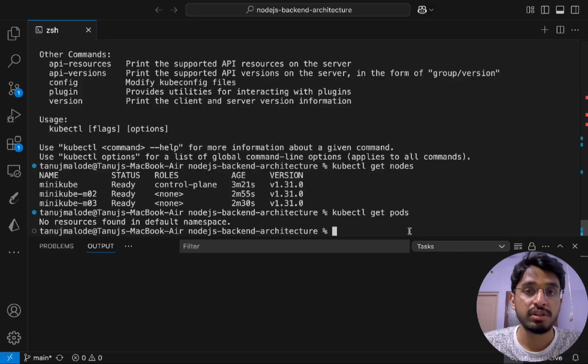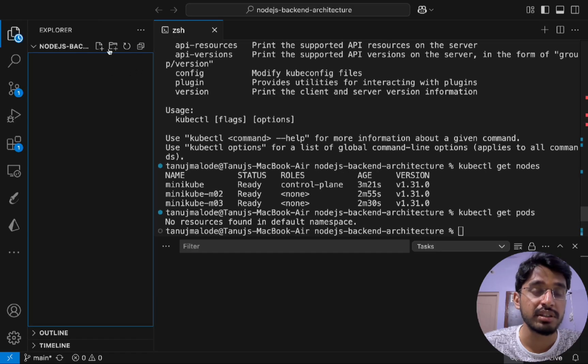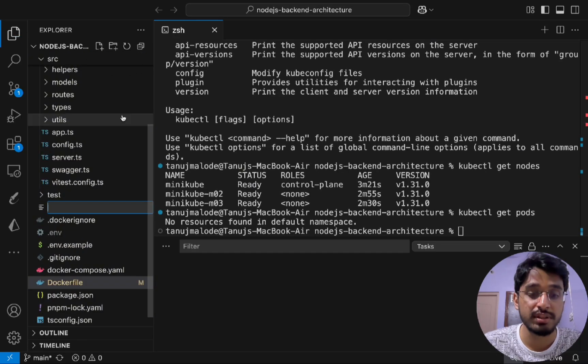Now that we have understood the 3 main concepts, that is deployment, replica set and pods, let's go ahead and create a YAML file and then apply that file in order to run the desired number of pods within our existing nodes. So let's go to our file and create a file. Let's call this